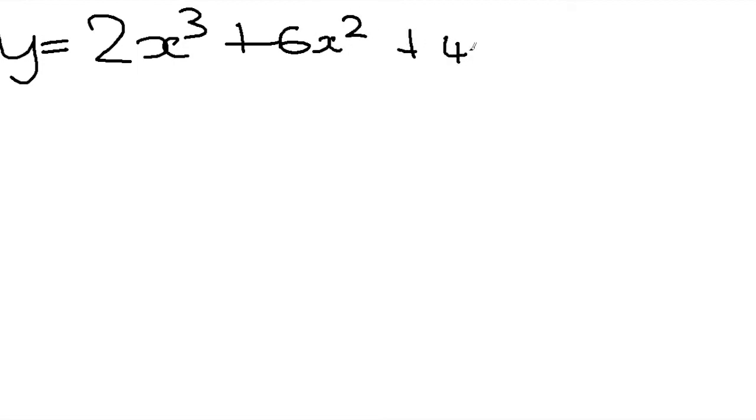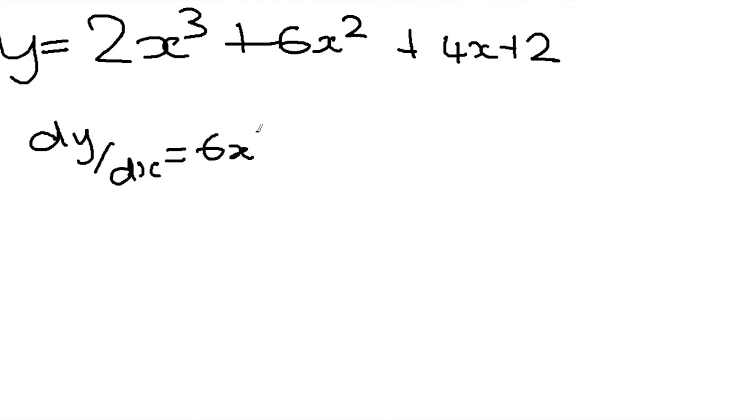Now, let's try something a bit harder, which has more than one component. Using the rule, the trick is to differentiate each component separately in this following equation. 2x to the power 3 will become 6x squared, 12x to the power 2 will become 12x, 4x will